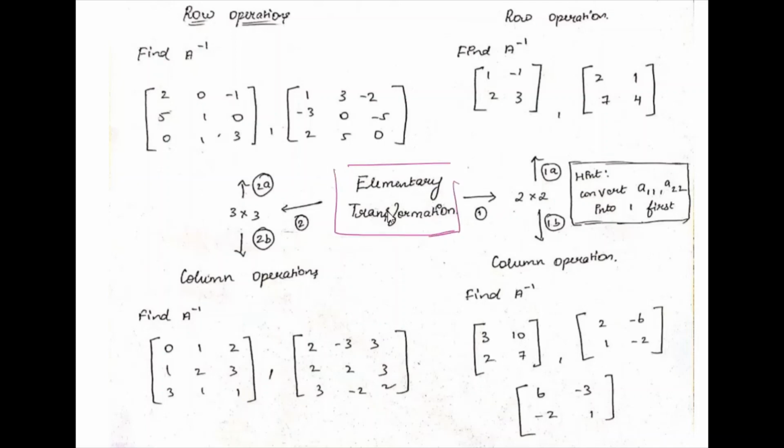It's very simple. First convert A11 into 1 and A22 into 1. Then with that, convert all other elements into 0 as we did in 3 by 3. Okay, I have given some questions related to this topic. Please try to solve this. Remember, this is a very important 6 mark question in the board exam, and other 3 mark and 2 mark questions will be asked from 2 by 2 matrix. So get thorough with this topic.